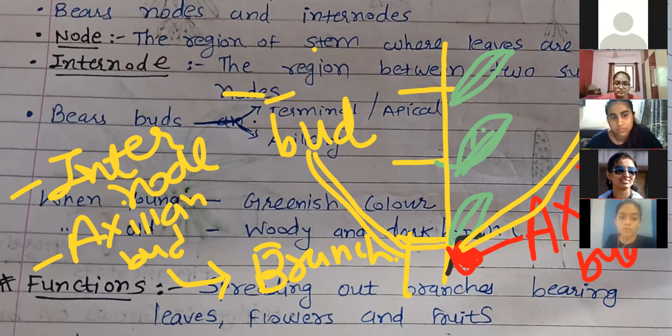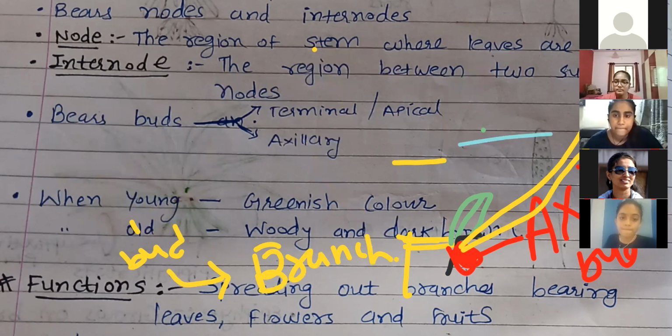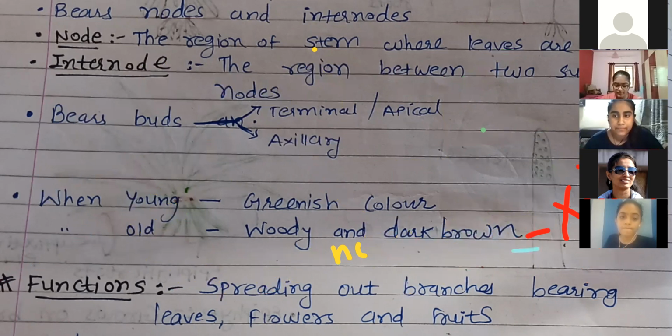All of you clear with this? What is the node? How does the branch arise, from which structure? That's the axillary bud. How is the axillary bud formed? Tell me. Yes, ma'am. It should be clear, okay? Because once we start the modification of stem, these terms frequently come up. Next thing,